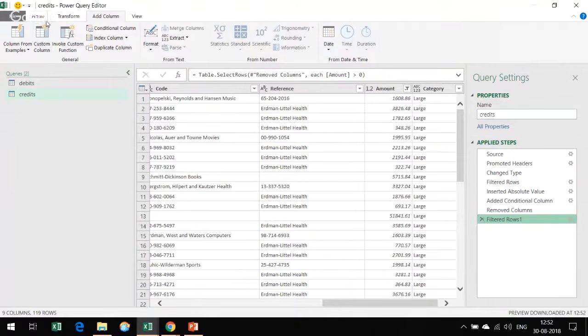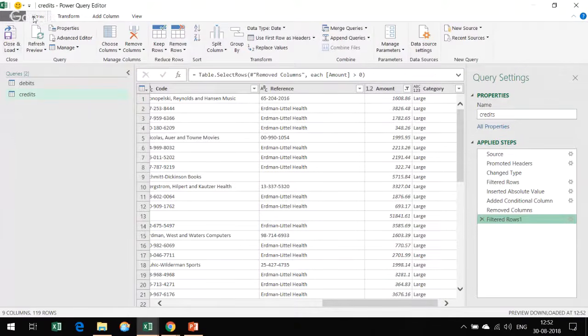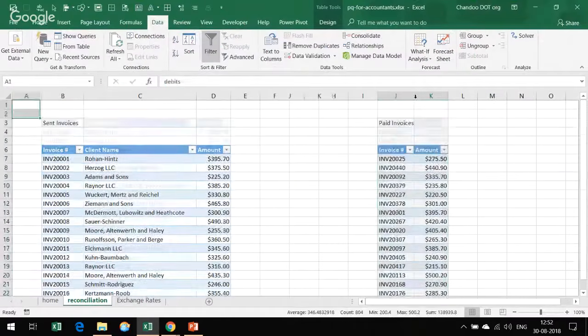Now that our job is done, we could go ahead and load this data. So this is how you finish your job in Power Query. All of the transformations are done. Everything is clean and we want the data. We finally got the data in the shape that we want. We could go and say close and load from the home area. When you do that, the default behavior is at this point,